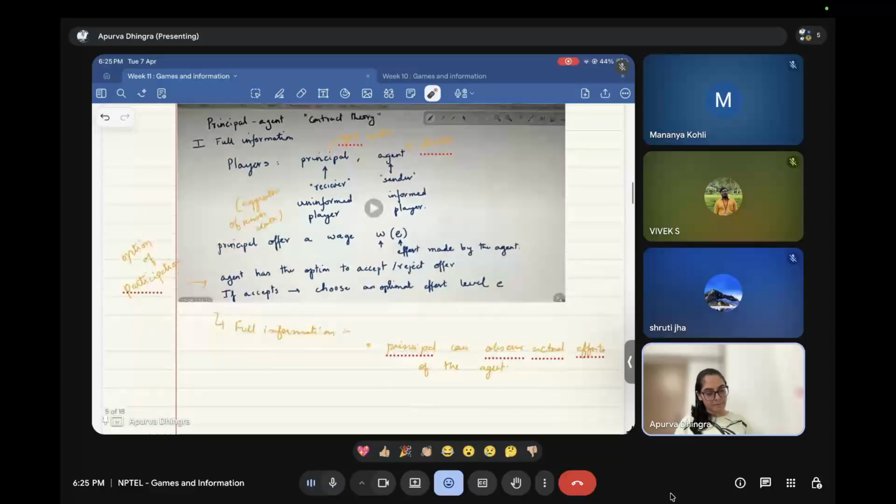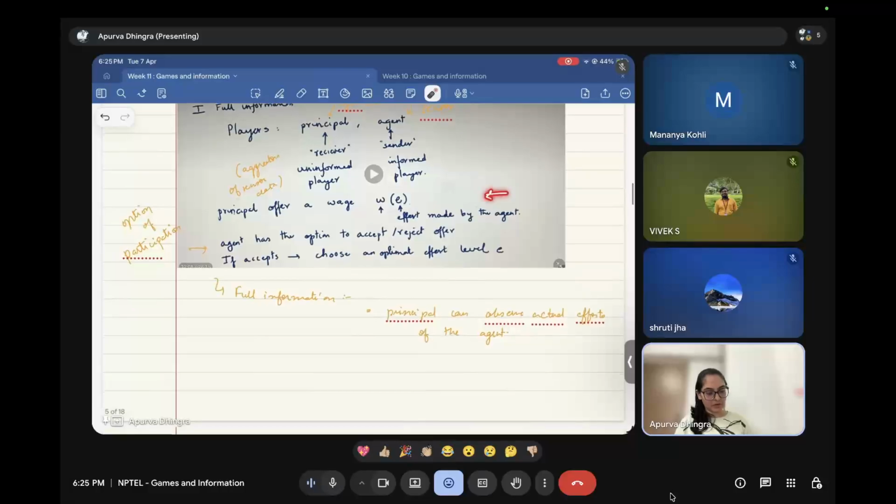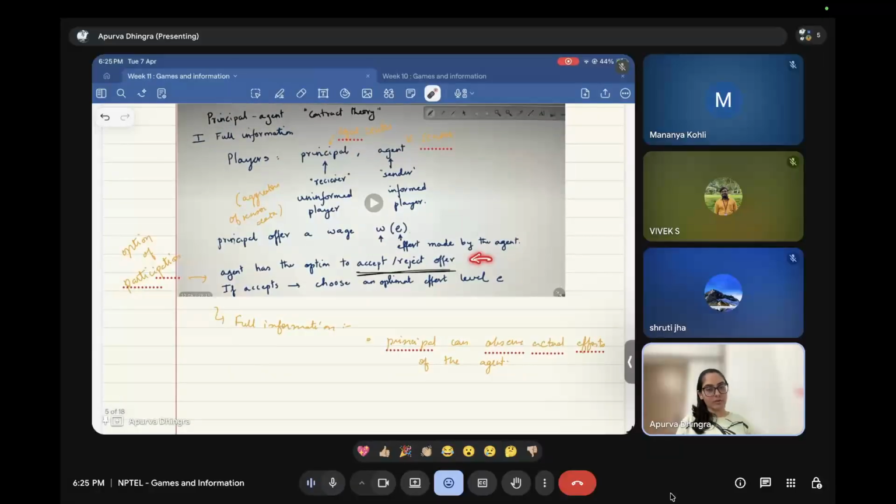So now this is step one of the game, that principal will offer some wage to the agent depending on the agent's effort. The agent will actually be putting in efforts, doing the tasks that are delegated to him, but he'll get a wage according to that. That part is part of the contract. Now, since it's a contract, the agent still has an option to decide if he's going to accept the contract or not. He still has that freedom. And since he has that freedom, whether he's going to accept or not, it becomes like his core action in this game, where